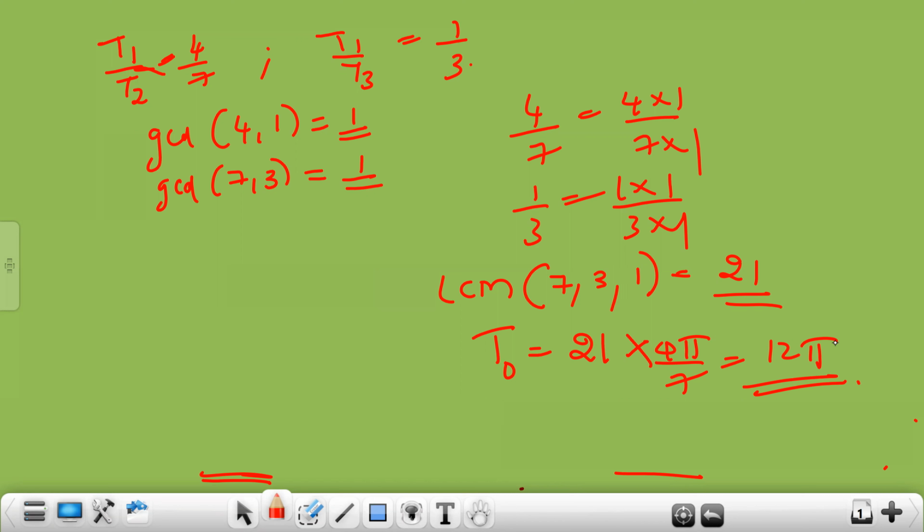Sir, what is the point of finding the GCD when you have to find the LCM at the end? Because to find the LCM, we have to take some terms. Now, what numbers do you have to take? You have to take the newly arranged denominators, and those newly arranged denominators are in terms of GCD. You are not taking the denominators as such, you are taking the newly arranged numbers in the denominators. Numerator is not required, sir? No, the numerator is not required.